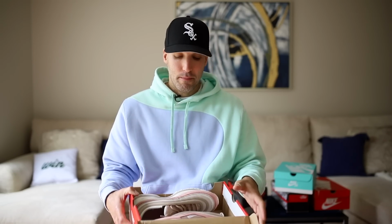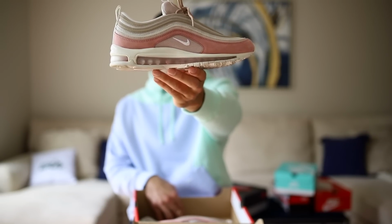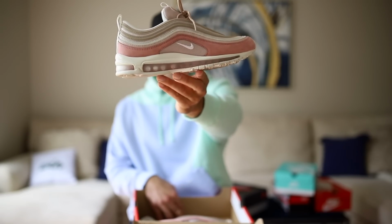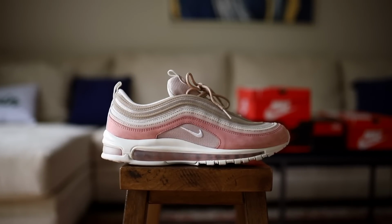I don't know. I don't have a reason as to why. I have some theories, but bro, the Air Max 97 is uncomfortable. Look at that air unit. How could it be that this shoe is uncomfortable? Look at all that support. How could it be? These look amazing, and I have no problem throwing them on briefly, but after that, for